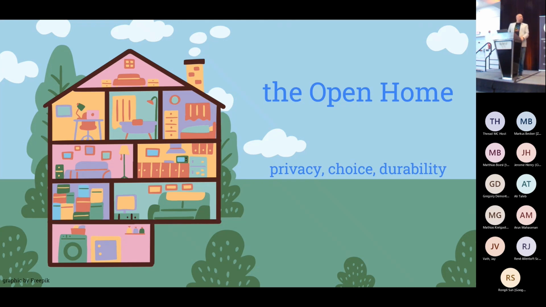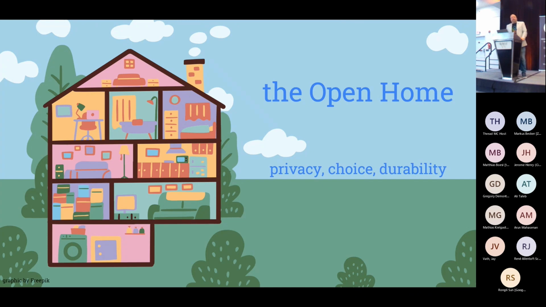Oh, there's one slide in between. The open home. So when we were working on Home Assistant, we realized we want local control and privacy. And of course, Home Assistant is the brains of your smart home. And if the brains of your smart home is smart and works locally, the devices need to be that too. Because if your devices are all still sending the data to the cloud, we can pull your data from the cloud, process it locally, and your automations will run semi-fast, but there's still data being shared with others.